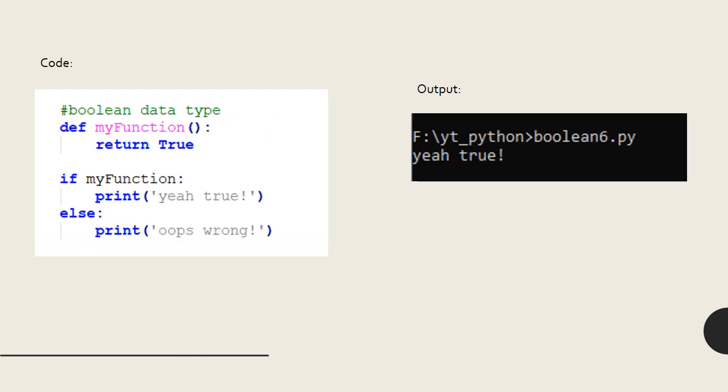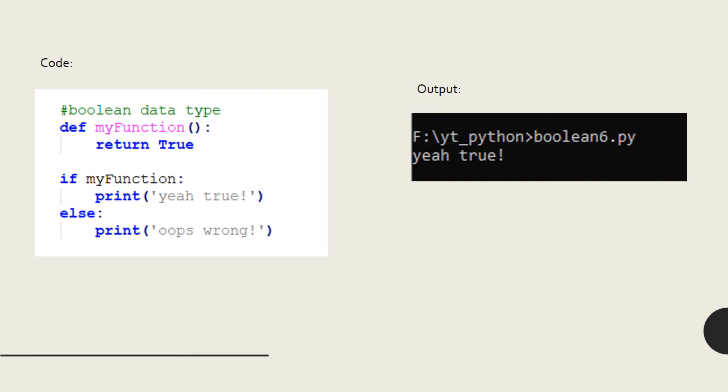Now let's see the example which is having use of my function in an if statement. Now firstly we are defining the my function, and that my function will return the value Boolean type of data true. Now we are using that my function in an if statement. Firstly we call the my function from the if statement, that will return the true, and then if statement will evaluate the true statement. If we are returning the false value, then it will run the print statement after the else part.